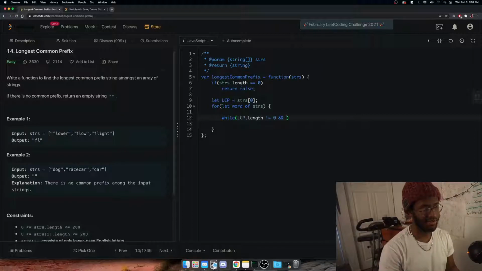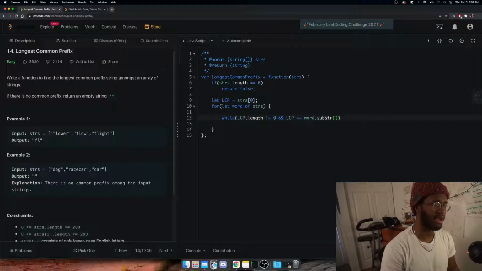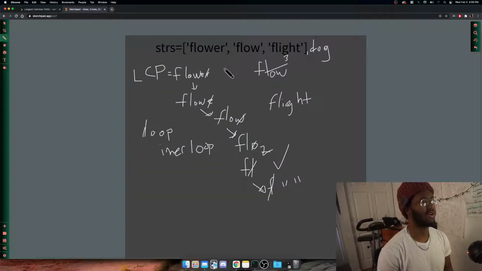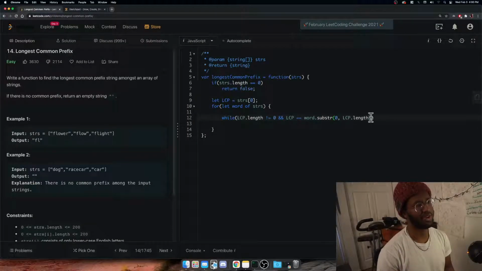We can just say, is LCP, our longest common prefix, equivalent to word, which is our current word that we're iterating through of the strings array, dot substring, and here we're just going to take the 0th character up until the LCP.length character. So if LCP has 3 characters, we're going to take the first 3 characters of the word to see if they have the same prefix. And if they don't,